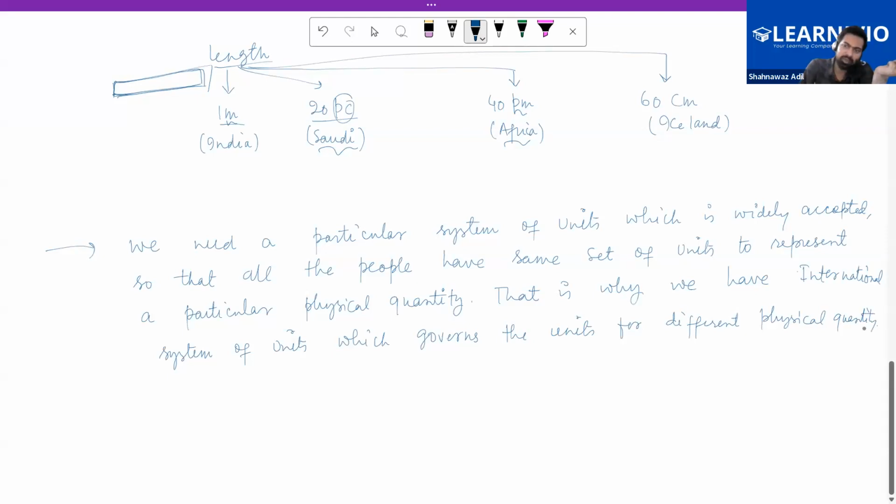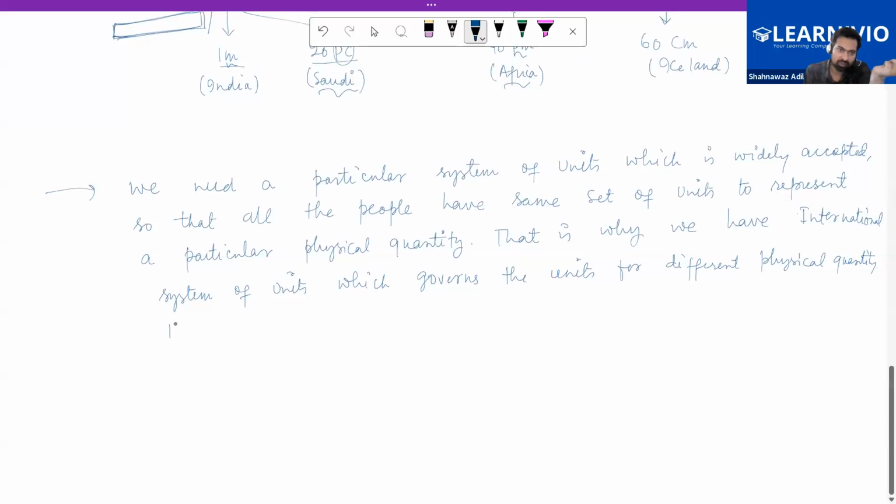For example, in the SI system, length is represented in meters, and mass is represented, I will write it in short notation, in kg,